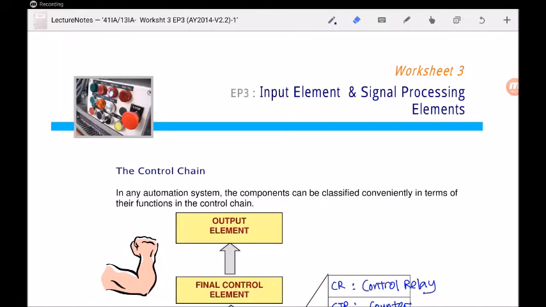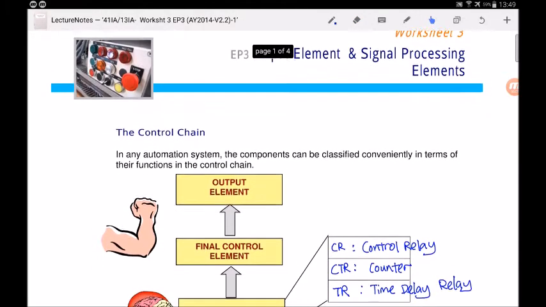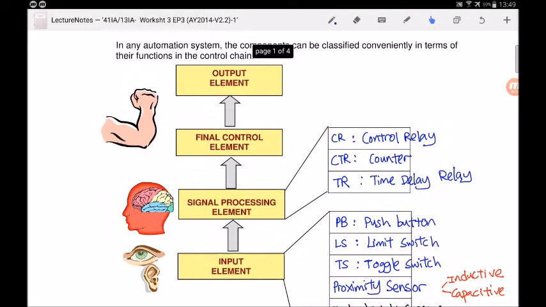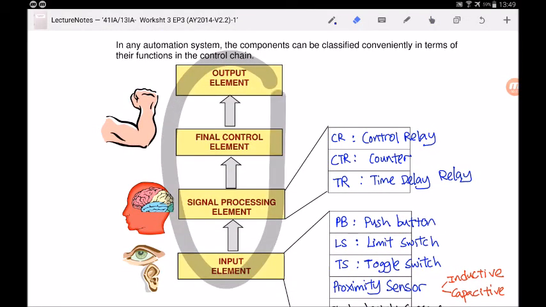Today we will teach you input element and signal processing elements, which is worksheet 3 of your electro-pneumatics notes. Okay, so this is the typical control chain you have learned earlier: input element, signal processing element, final control element,